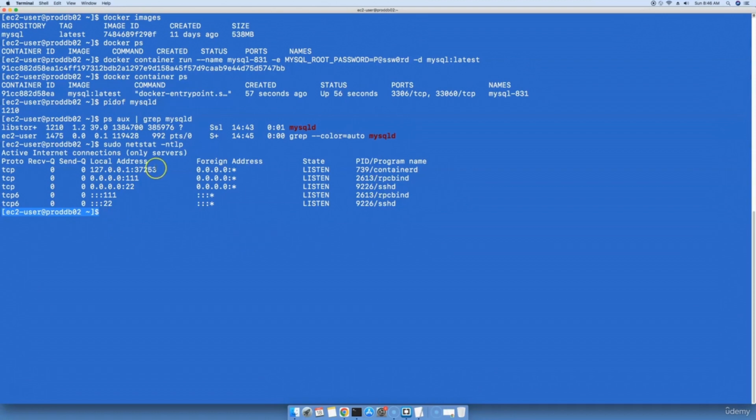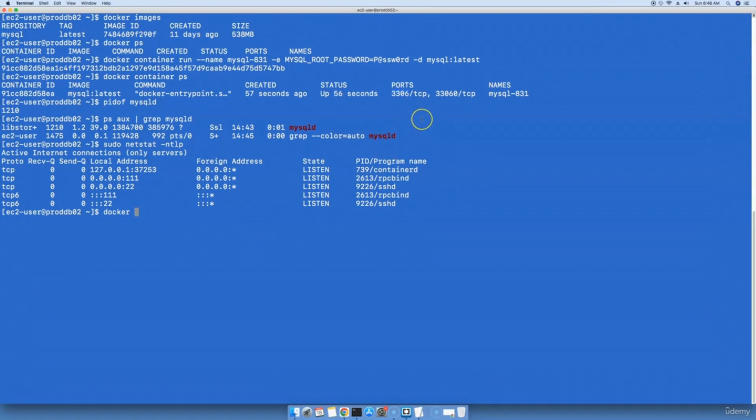Okay, and every container runs in its own host, with its own host name. It has its own memory, CPU, ports, everything. So this is an isolated environment within this server, and that is the beauty of Docker. So now, we still want to connect to MySQL running on port 3306, but from which address,